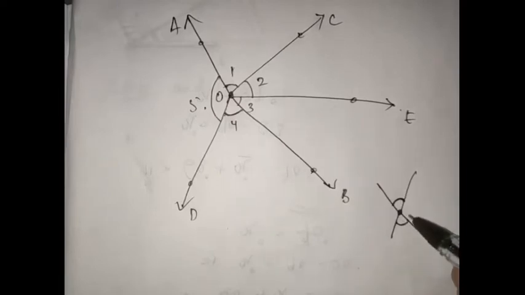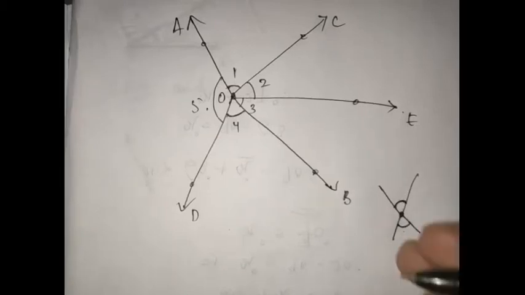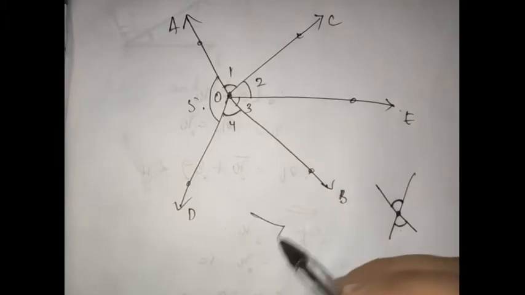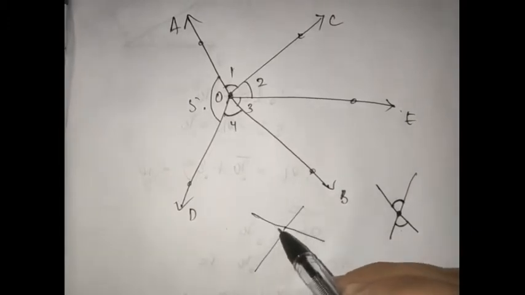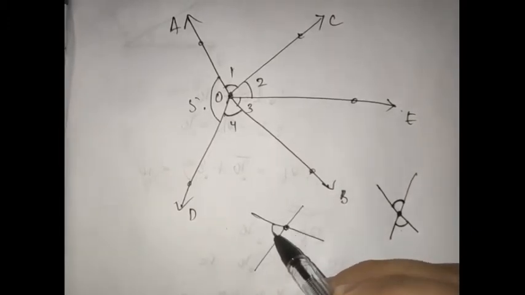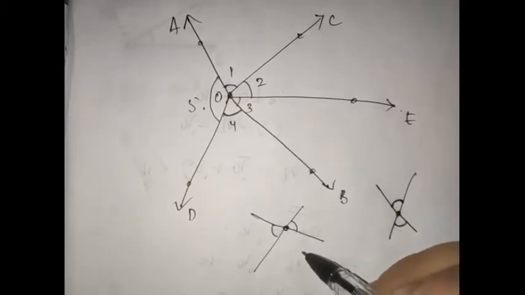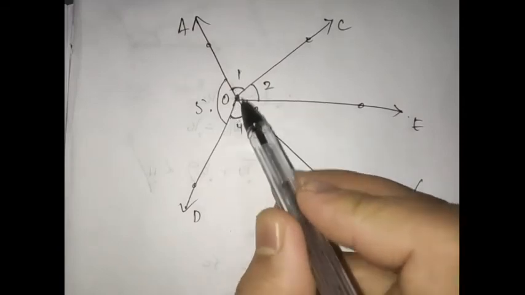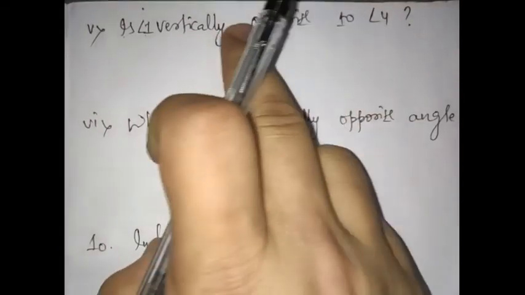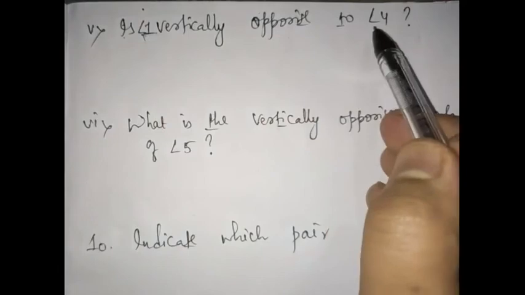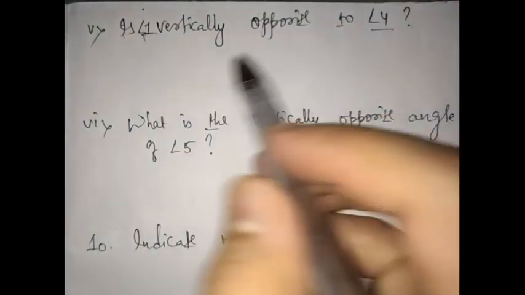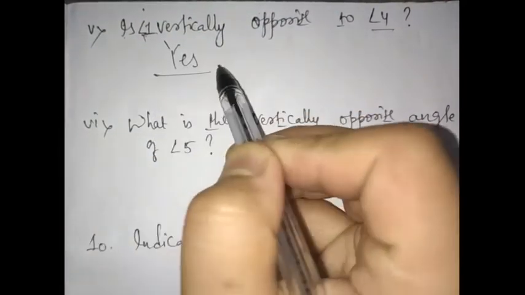And if you have a pair of angles which originate from one vertex, then we will consider it as a vertically opposite angle. That means they are on the opposite side of the angle. This is one angle, this is one angle. If they are joined at one vertex, and they are on opposite sides, obviously we are going to say vertically opposite angle. So here can you see it is a vertically opposite angle of 1 and 4? Angle 1 and angle 4. Is it a vertically opposite angle? Yes, it is a yes.